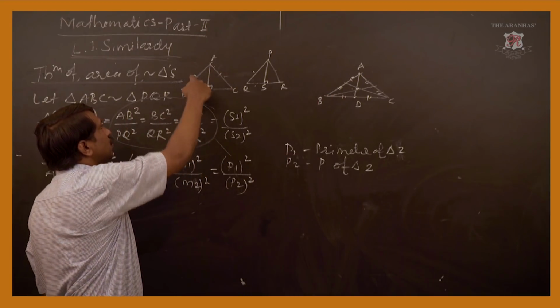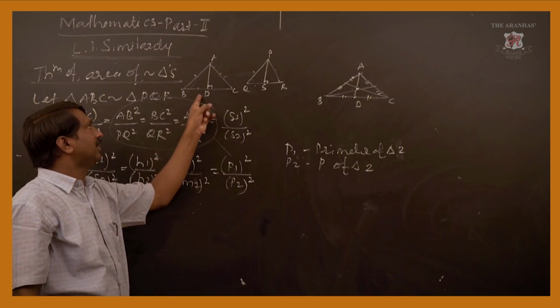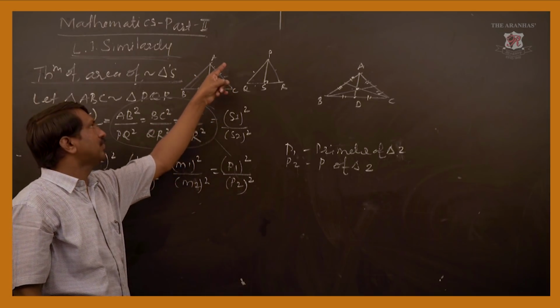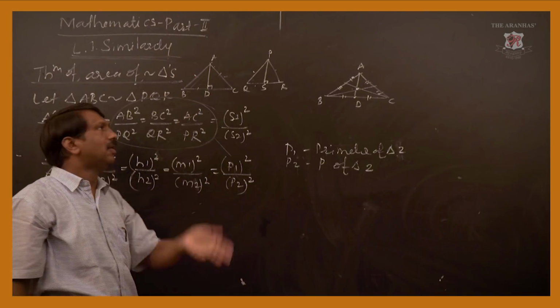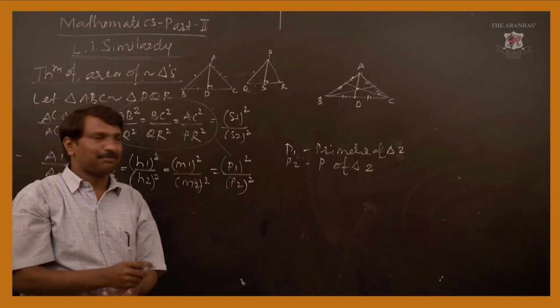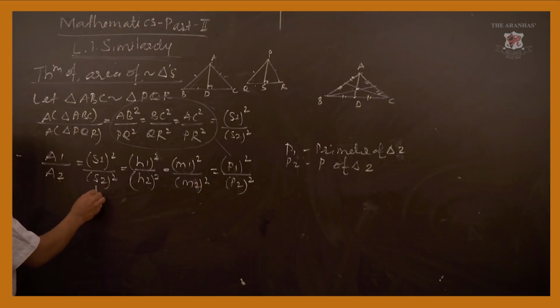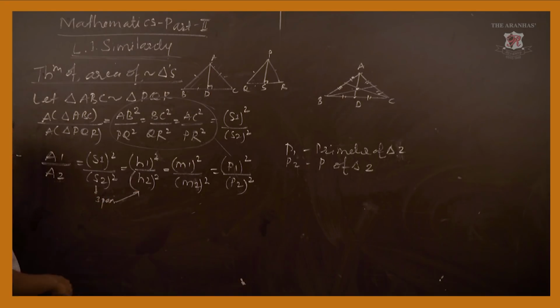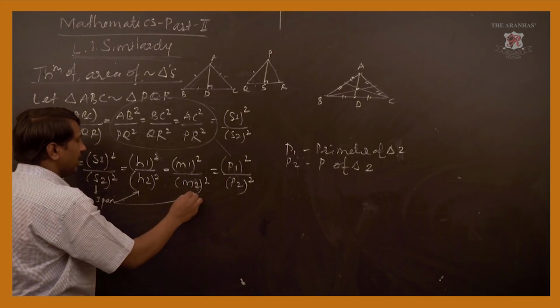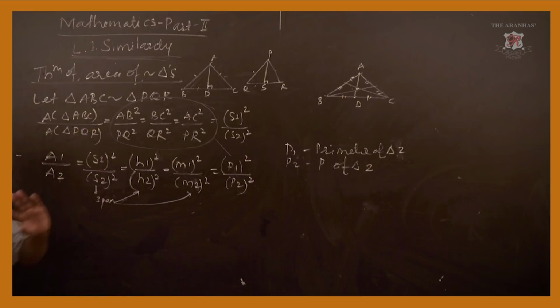Suppose we find 2, 3, 4. If we add it, 2, 3, 4 gives 9. And suppose 5, 4, 3, 2, that also gives 9. Otherwise 9, 2, 3, 4. Whatever calculations we do, it will be the same. So perimeter comes only once, but here you are going to get 3 pairs. This is 3 pairs here, as well as 3 pairs of the heights and 3 pairs of the medians. But whenever you discuss perimeter, it is 1 only.